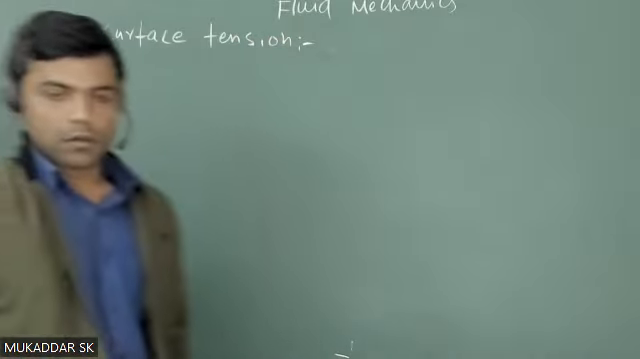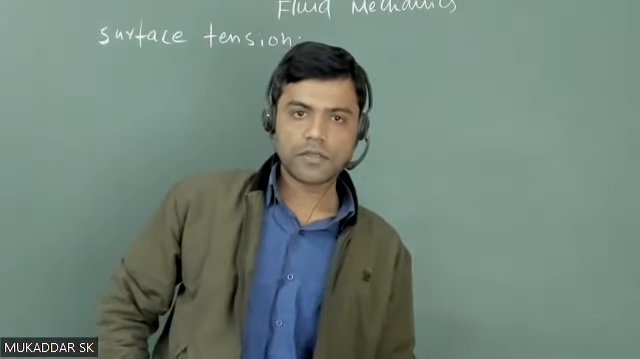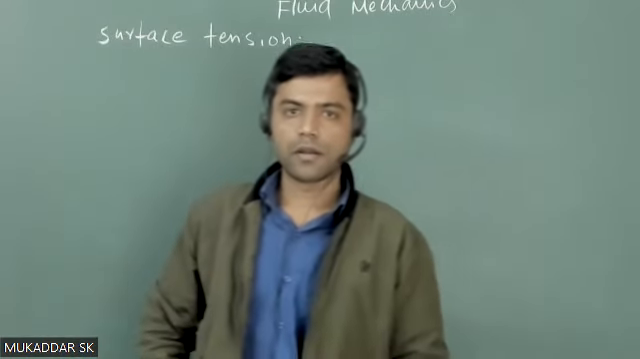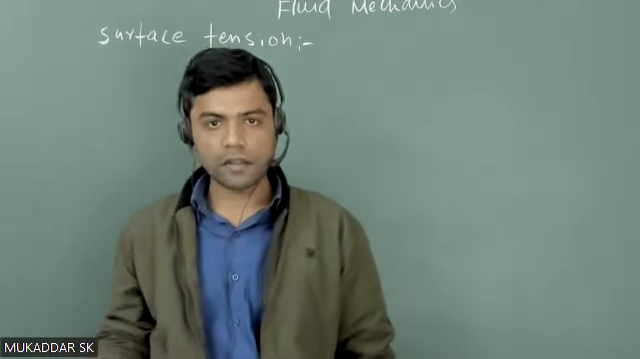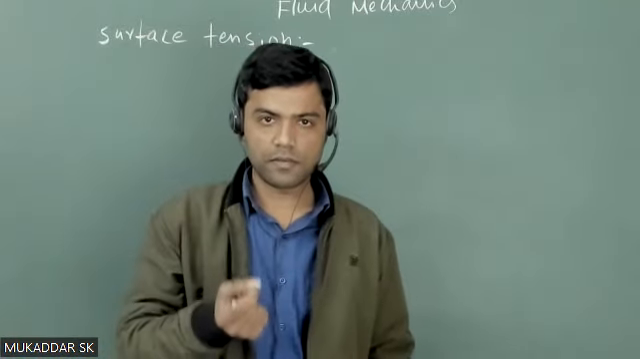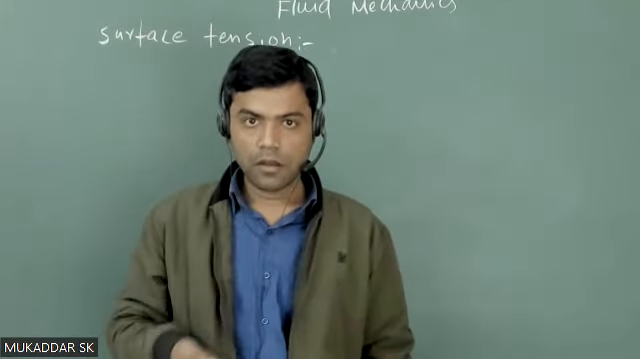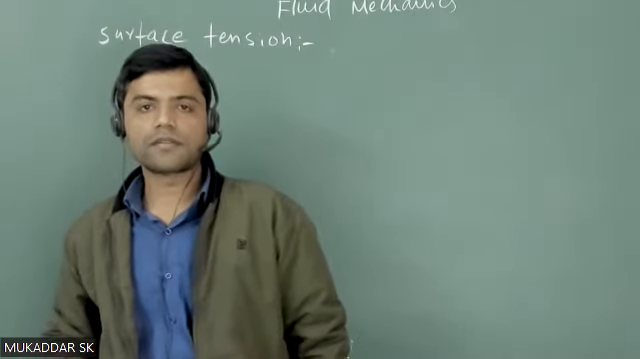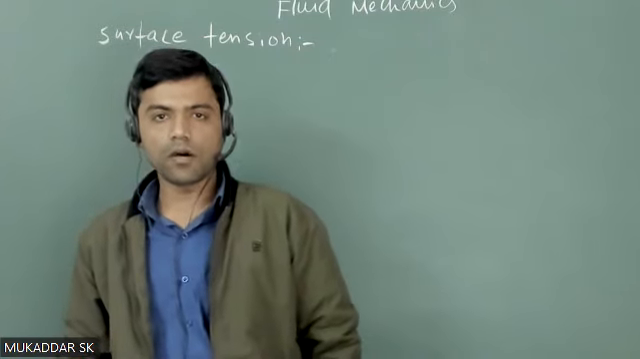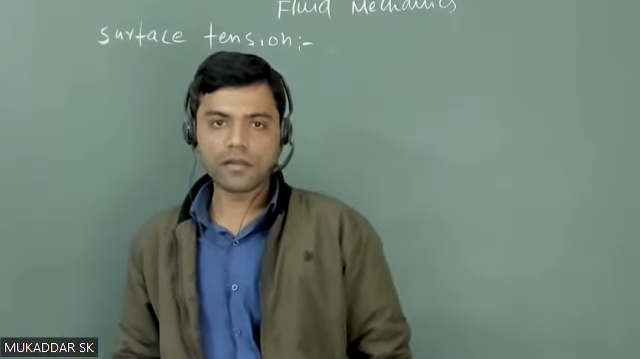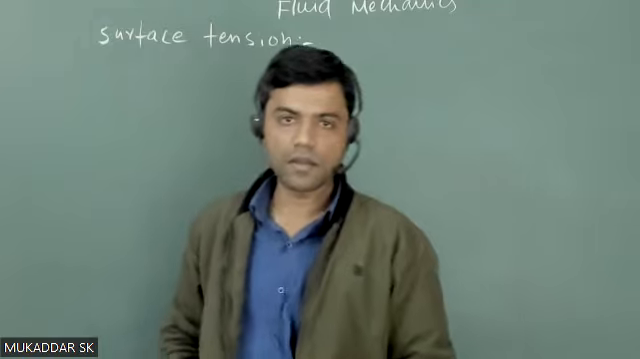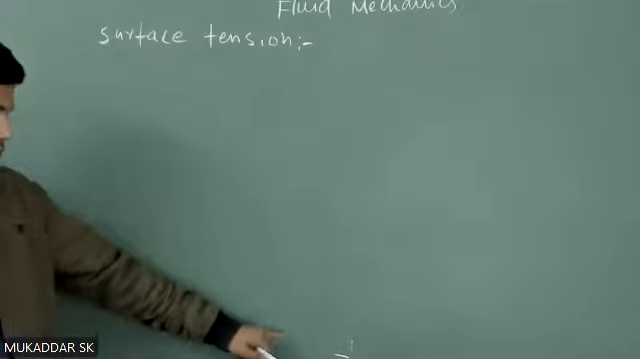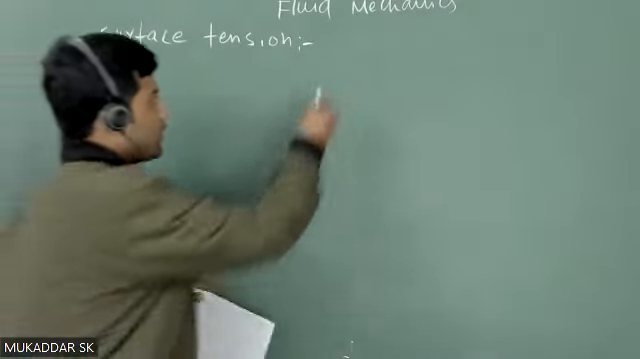Okay. So what is surface tension? Surface tension is the property of liquid in which the liquid itself tries to minimize its surface area, because to reduce the surface energy. So surface tension is the property of liquid in which it tries to minimize the surface area. Minimizing the surface area means minimizing the surface energy. So I can write, it is the property